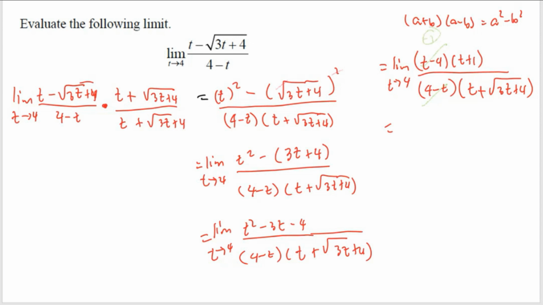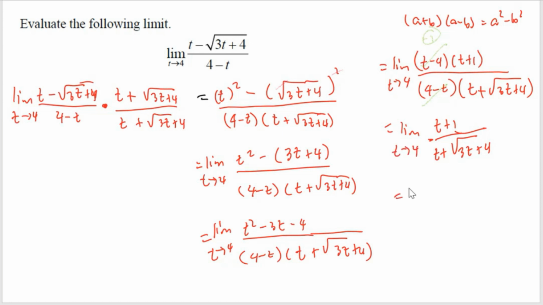So the remaining factors will be equal to the limit of t plus 1 over t plus the square root of 3t plus 4. Do not forget to write the negative 1, which is actually the quotient of t minus 4 over 4 minus t. So I will just write here negative in the middle of the longest bar, and then as t approaches